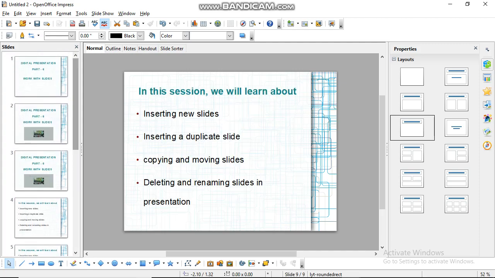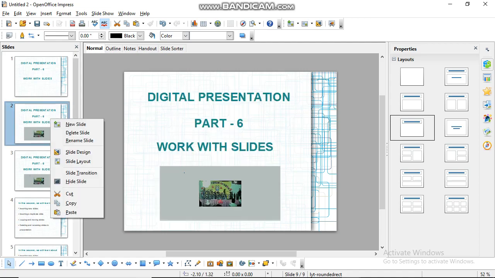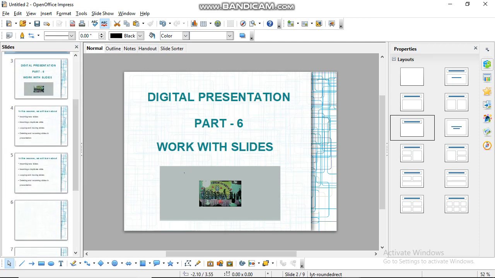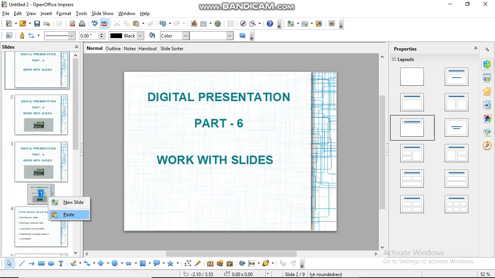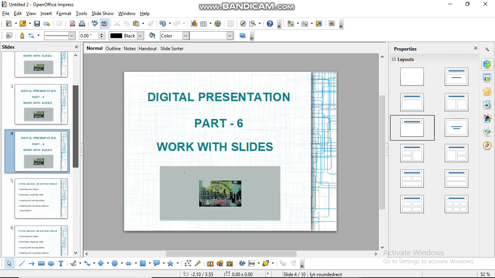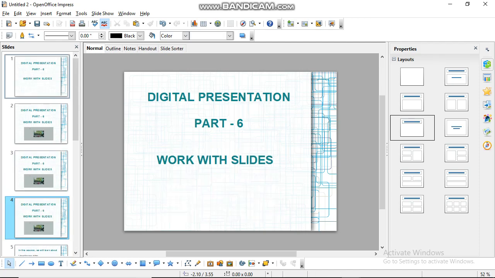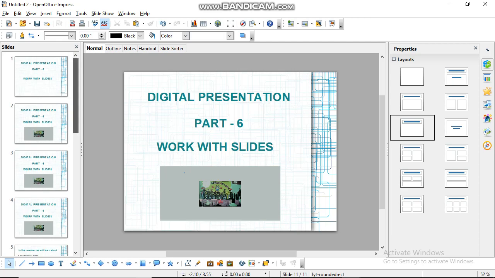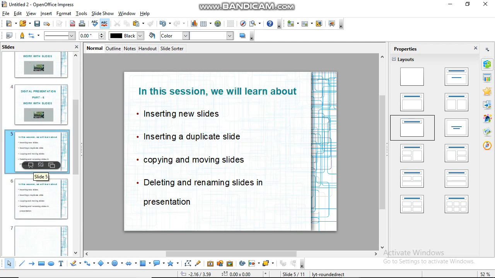So either you can press Ctrl C or you can right click on the slide and click on copy. So this is how you can copy, and wherever you want to paste it, you can paste it by keeping the mouse pointer there and right clicking and clicking on paste, or by pressing Ctrl V. Wherever your mouse pointer will be, there it will be pasted. So it's simple, as we copy and paste other things. That is how a slide can be copied and pasted.